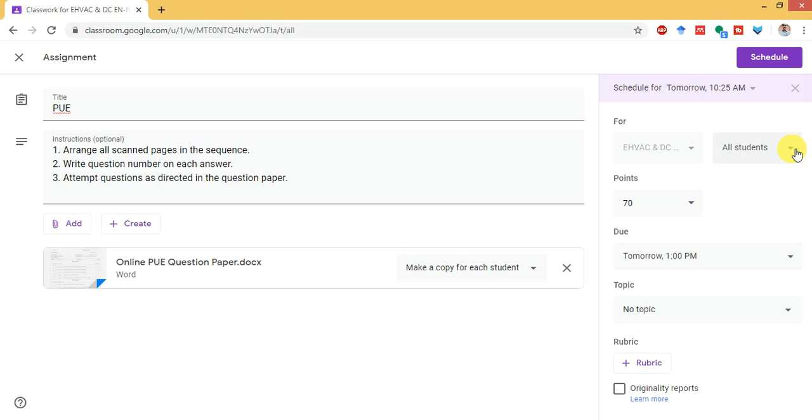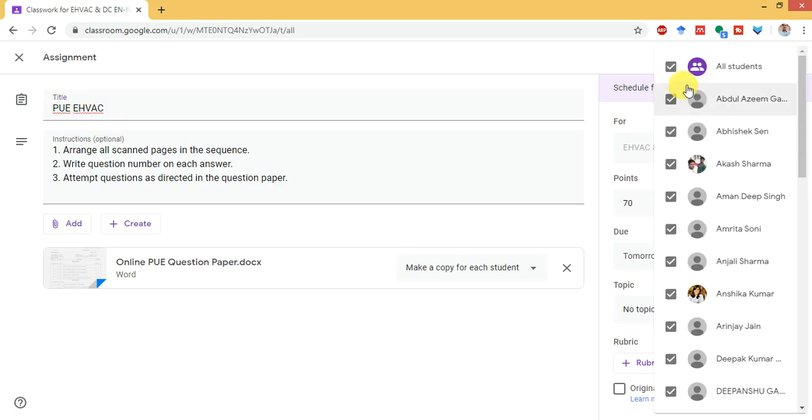Now, as I have mentioned, I am distributing this question paper to a group of students. So I need to select the students. You can select randomly. In this case all students are selected. Just uncheck this box. I have only 31 students in the class, so I have prepared 3 sets of question papers. You can prepare sets of question papers as per your class strength.